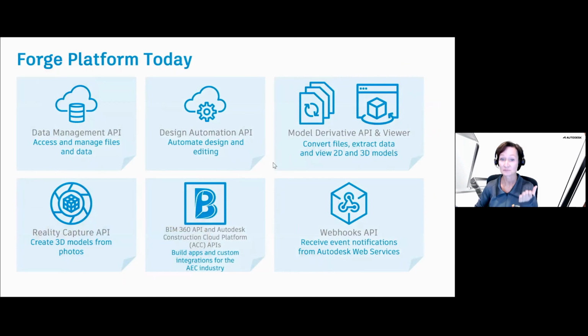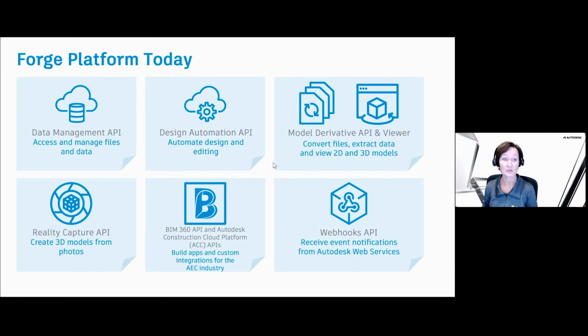Forge is a platform. So design automation is just one of many components. For example, the viewer is a component that you and your customers see, first of all, to view your 2D data, your 3D data within a browser. Then there is another component, model derivative, that actually prepares your files for viewing, and it extracts metadata. So what you see on the web, it's not just geometry and textures, but really the product data that you need, parameters, attributes, bill of material.